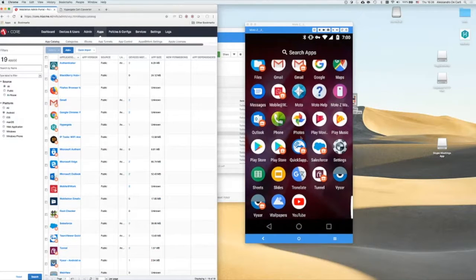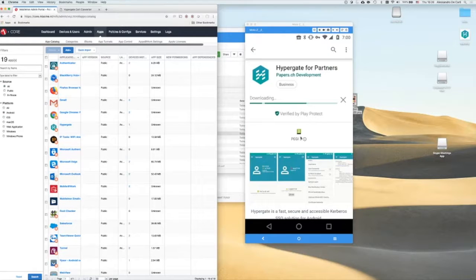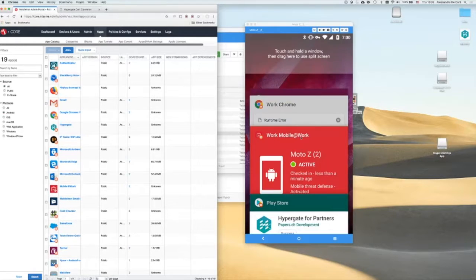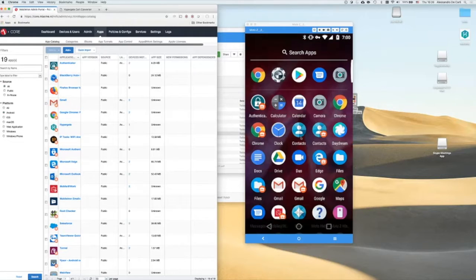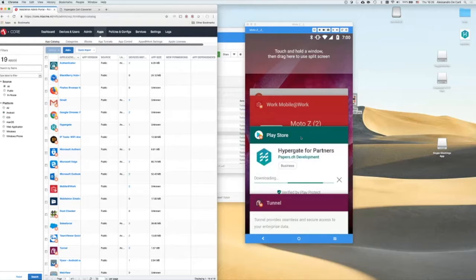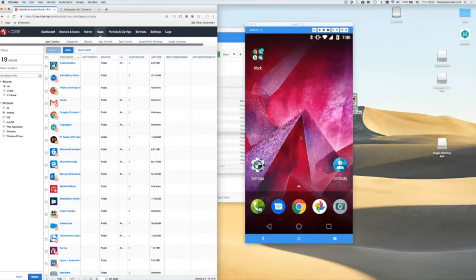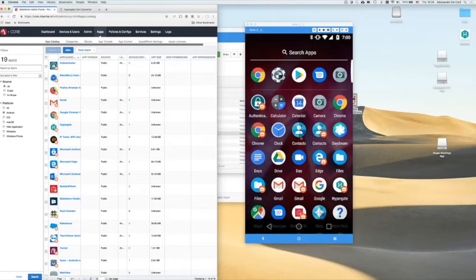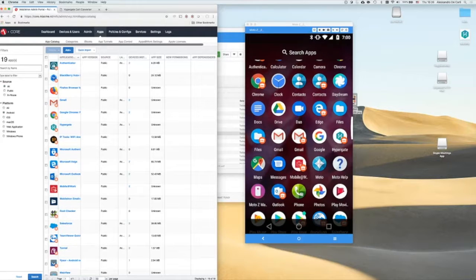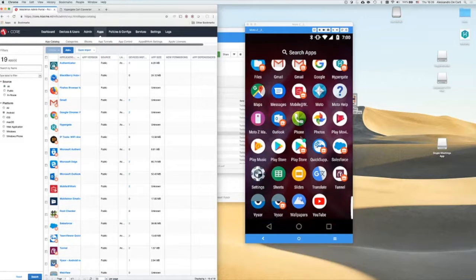And usually you can push this, but we will accelerate the process and just fetch it directly from the store. Oh, it's already installing. All right. For this, let me quickly stop the tunnel. Cool. So as you can see here, now Hypergate is also installed in the Android container, but no account has